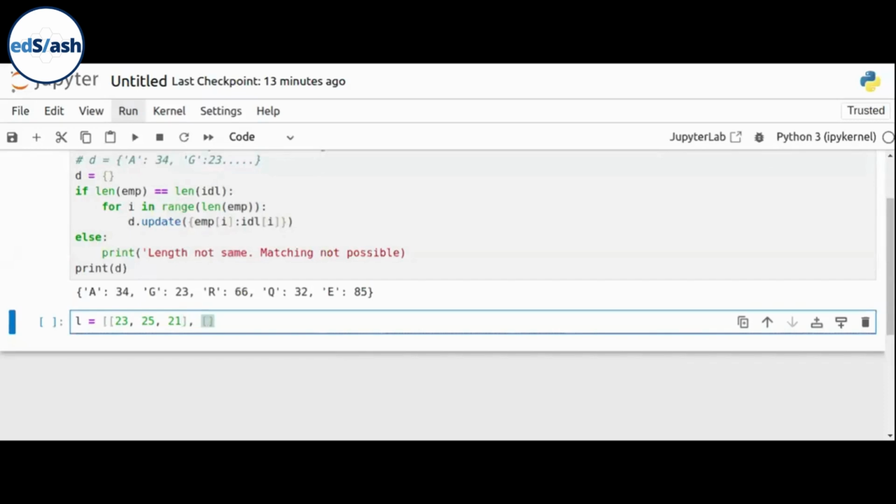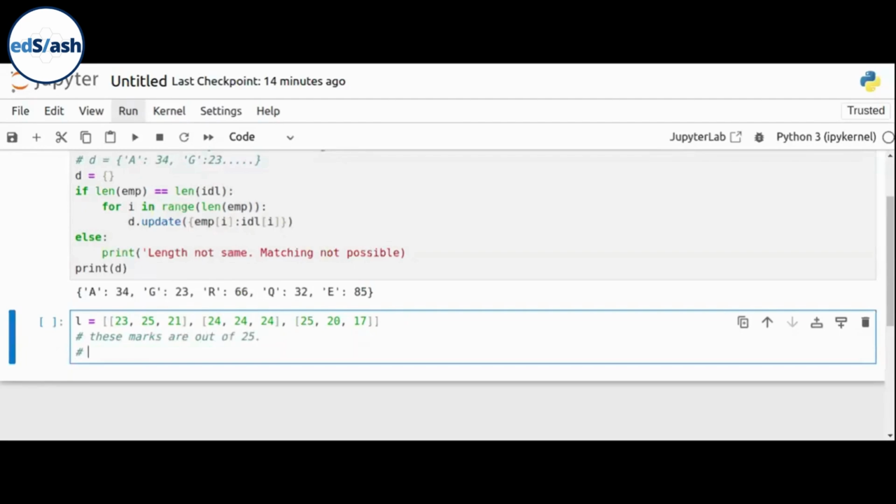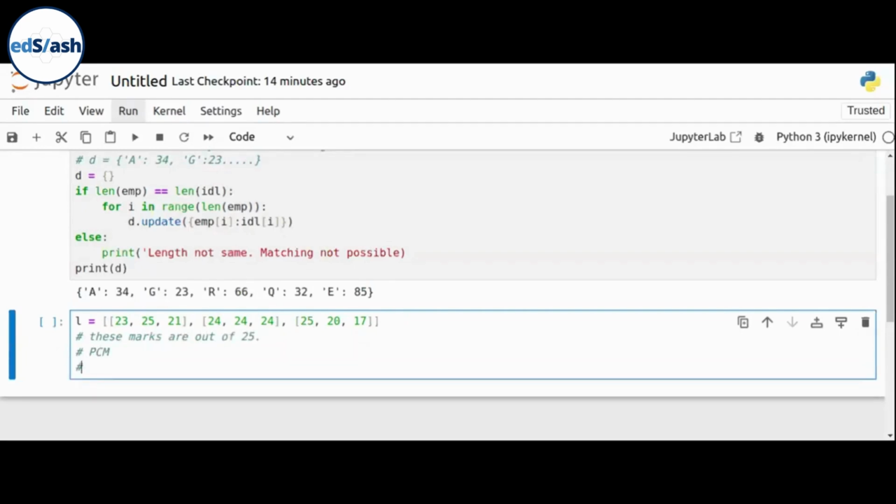Marks of second student, let's say 24, 24, 24. Marks of third student, 25, 20, 17. Now these marks are out of 25. PCM. Okay, now what you have to do,